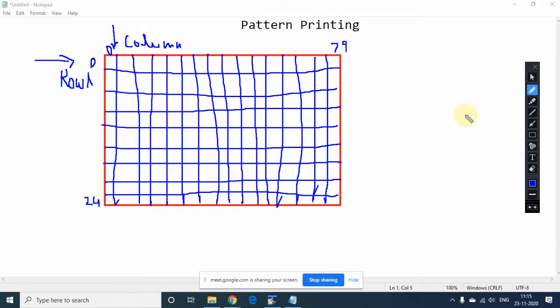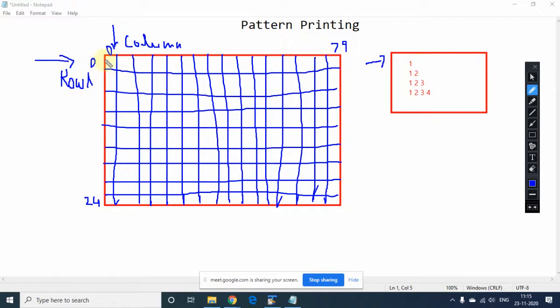So now suppose you are printing something like this. Suppose you wanted to print this part on your computer screen. As you can see, whatever you are going to print on your computer screen prints row wise, as you can see in this example.